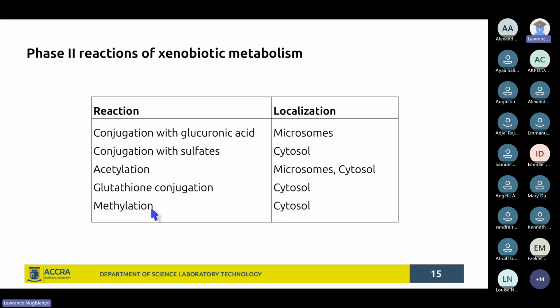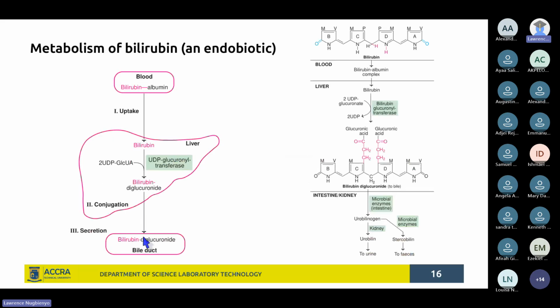So you have these different types of conjugation reactions, which are responsible for detoxifying xenobiotics and then getting them out of the system, by different forms of excretion. So we'll take a look at different conjugation reactions and see how this looks. This time we use the example of an endobiotic, which is bilirubin, because it's a common example where you have red blood cells that are constantly getting broken down,